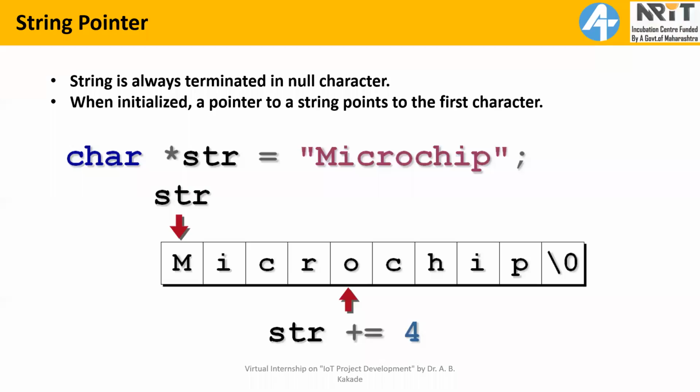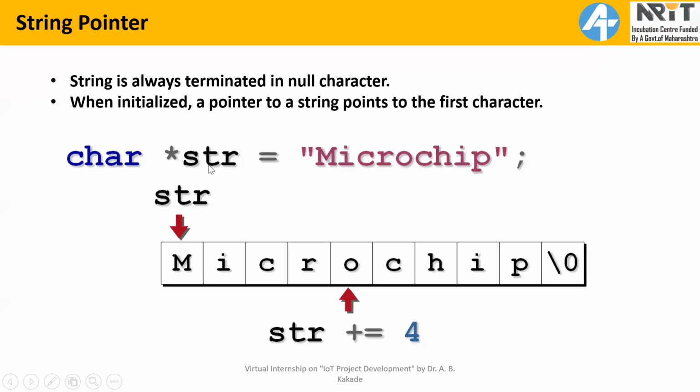Each and every string is terminated in null character. So at the end of the string, you will see there is \0. This \0 indicates null character. Null characters are used to detect end of the string. You need not append string with null character. So when code is compiled, compiler automatically appends each and every string with null character. So user need not write null character at the end of the string. It is the duty of compiler to append the string with null character. So null character is automatically appended by compiler.